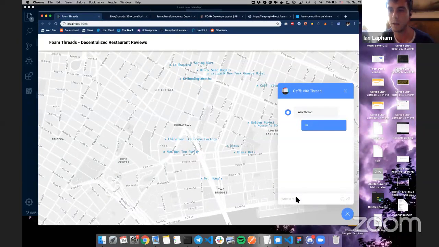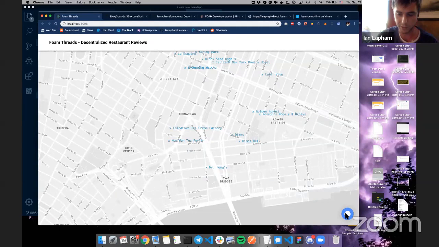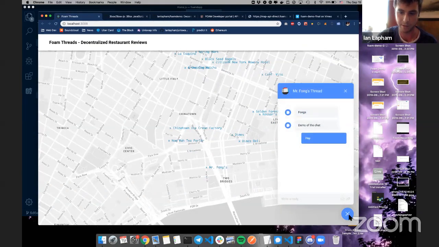So in simple terms, it's using Foam to provide these locations. It's using 3box to create these decentralized chat rooms, and then it's mapping a room for each space on the map. And you can see these things get saved. Like I sent these this morning, and they're still there.